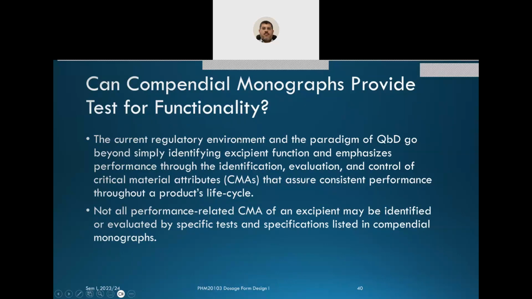The current regulatory environment and the paradigm of quality by design go beyond simply identifying excipient function and emphasize performance through the identification, evaluation, and control of critical material attributes that assure consistent performance throughout a product life cycle. What is the meaning of this sentence? As I explained to you before, in